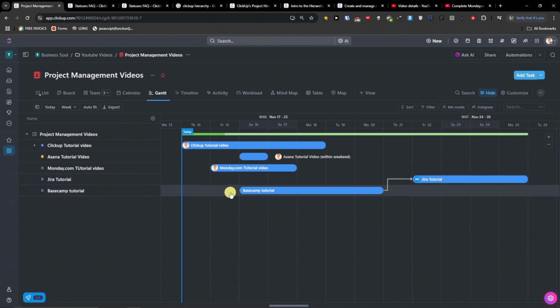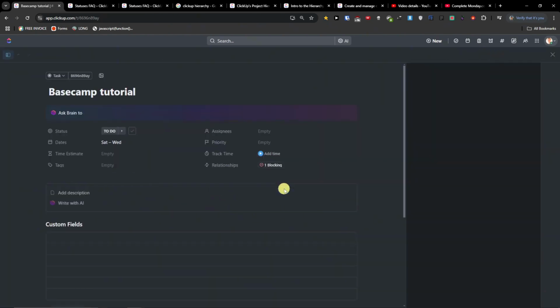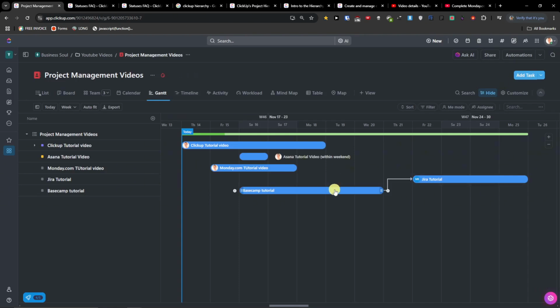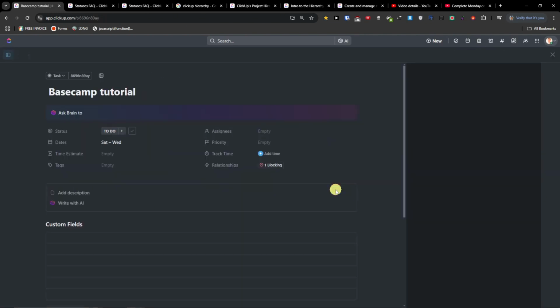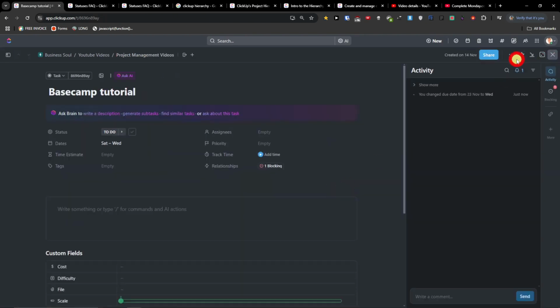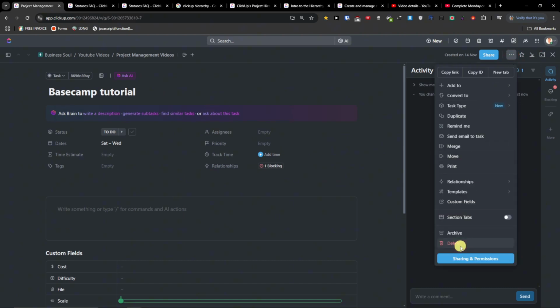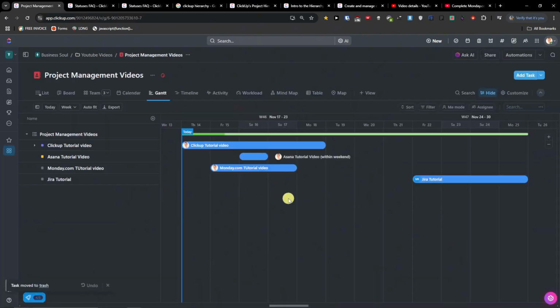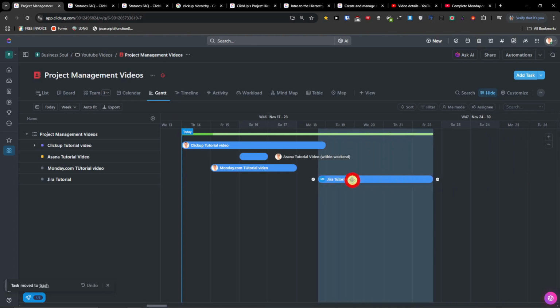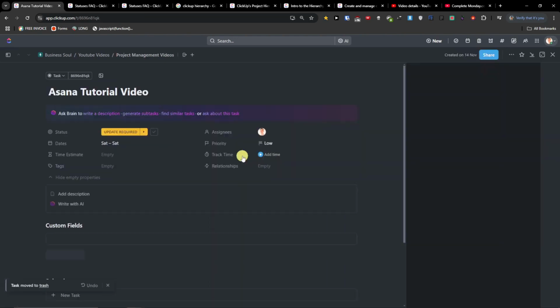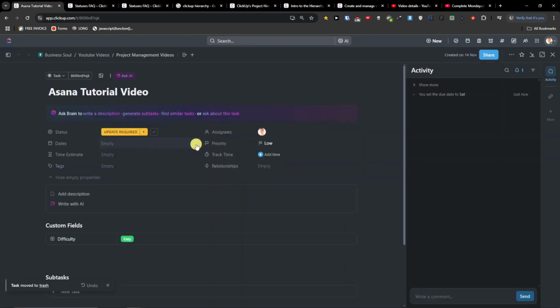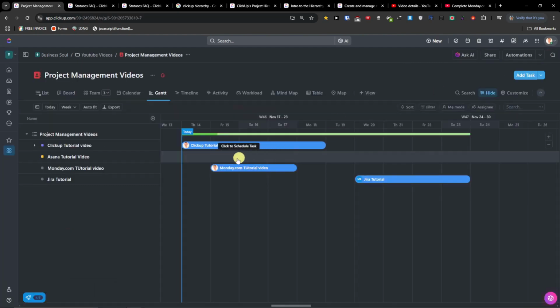And look at that, right? So I can just come here, right click, three dots here, I can delete it completely if you want to. So that's it. But if I'm going to change the dates and I'm going to remove them, you can always